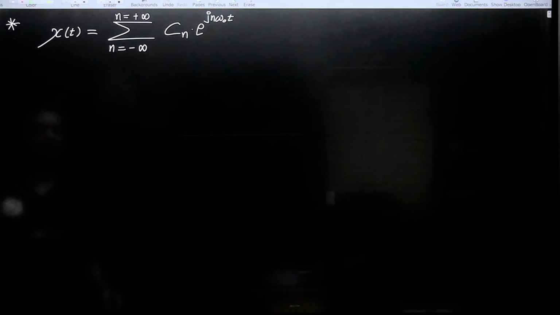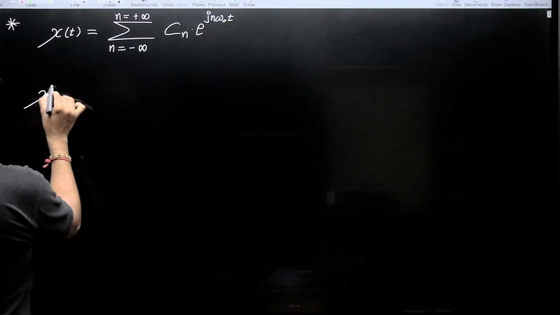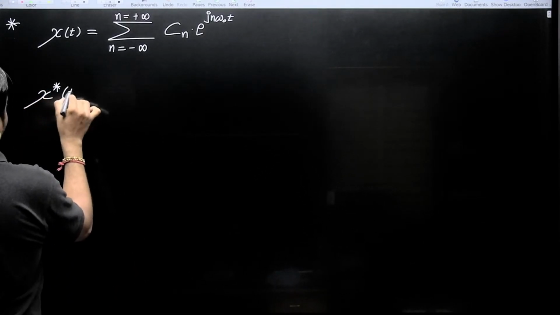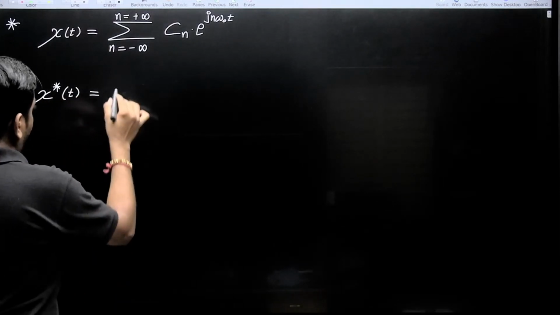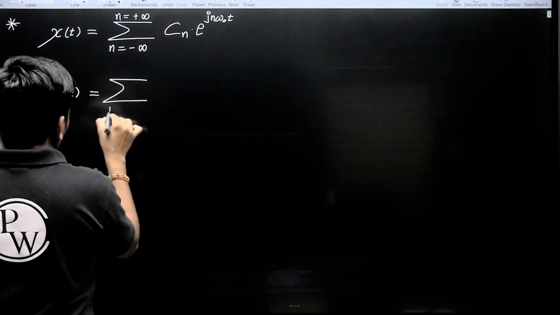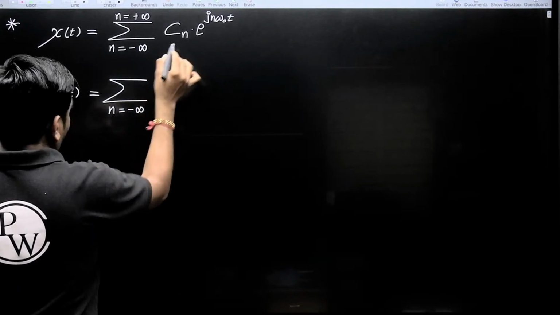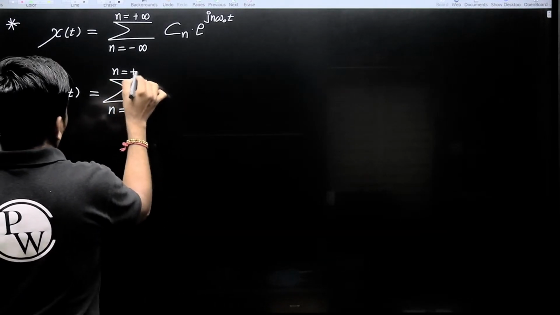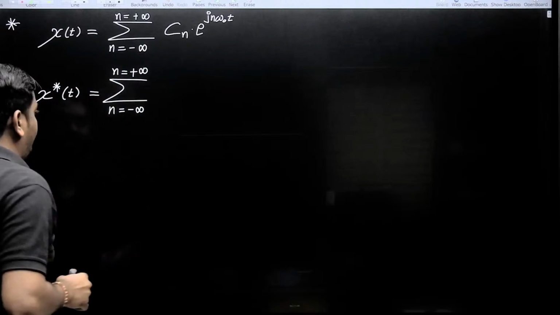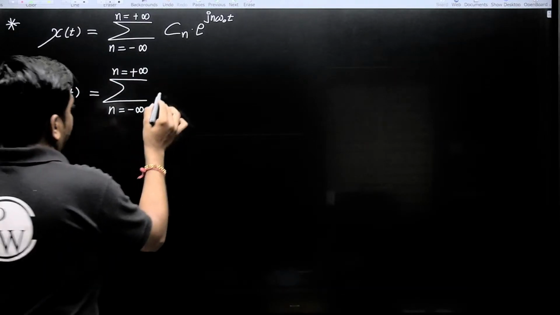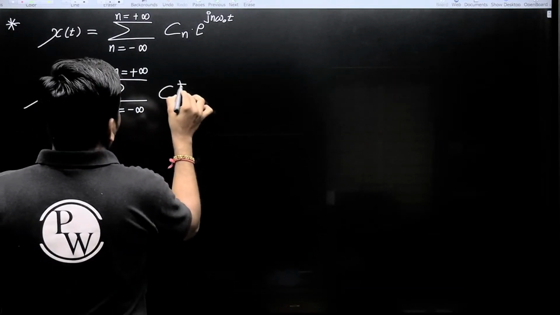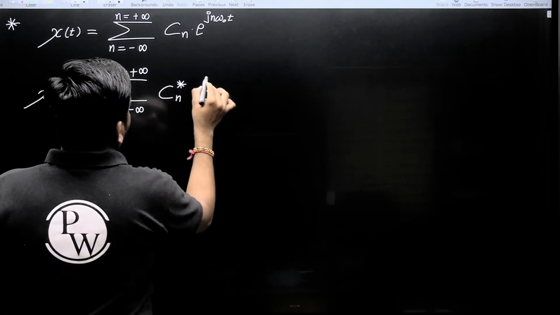Make the conjugation on both sides. The coefficient can be complex, as x of t can be complex, and Cn can be complex. So Cn conjugate, e to the power minus,